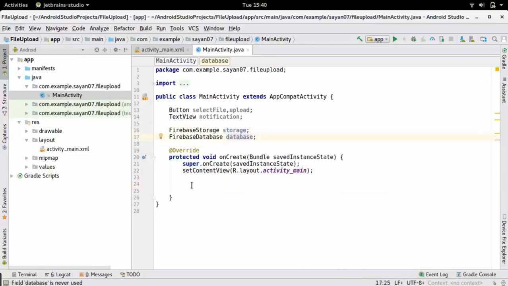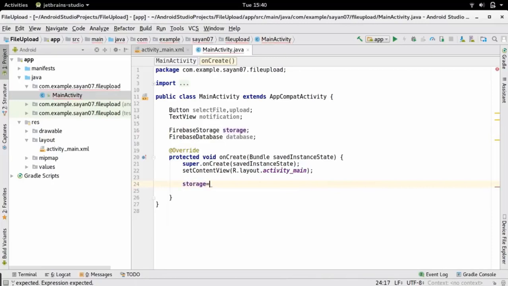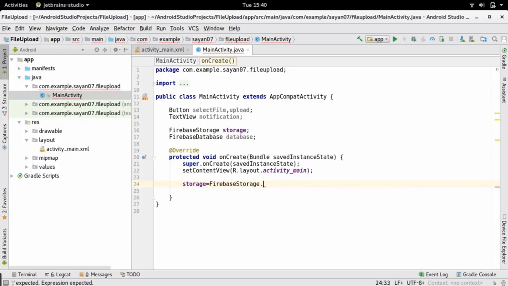Okay, so within the onCreate method, write storage equals to FirebaseStorage.getInstance. So basically this line is going to return an object of the current Firebase storage of your application. Okay, so this line returns an object of Firebase storage.